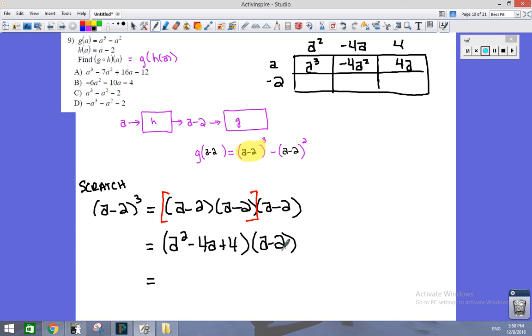So now I come to the next term and I distribute it through this trinomial. Negative 2, everybody gets multiplied by a negative 2. And again, the table helps me be very organized in how I do that. I don't want to make a sign error. A negative times a negative is positive. And over here, a negative 8a. Well, now the table even helps me combine like terms because look at those diagonals. Those diagonals are like terms and I can add them together. Alright, so I've got this a cubed